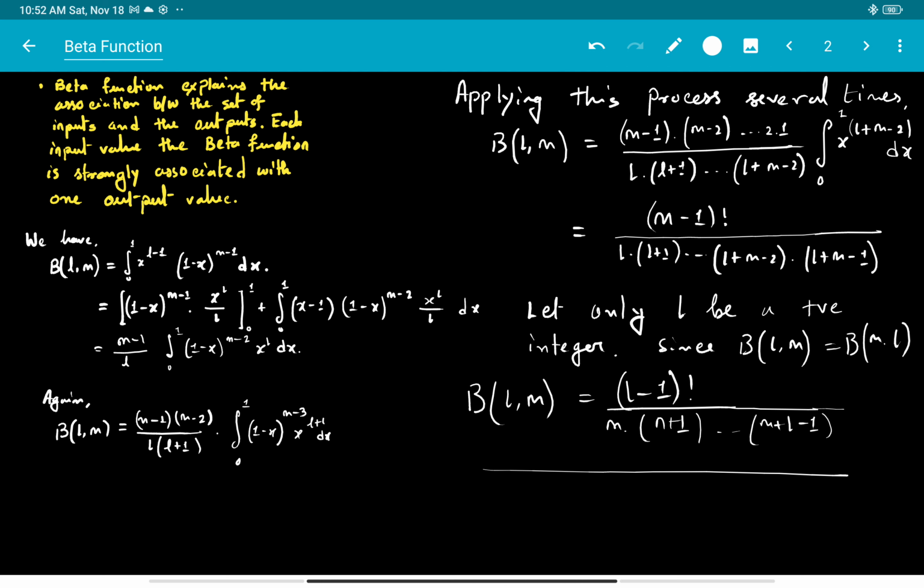With L and m both positive integers, beta L comma m can be written in this form as well: (m minus 1) factorial over L times (L plus 1),